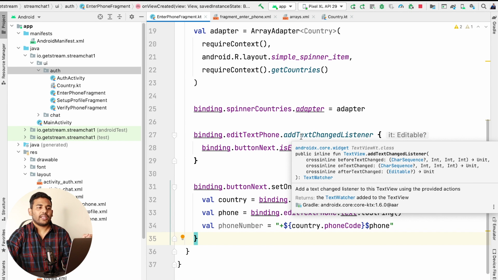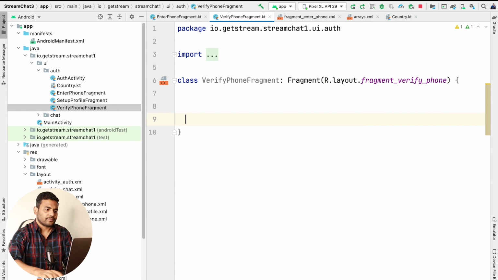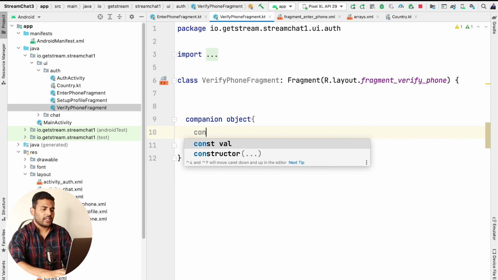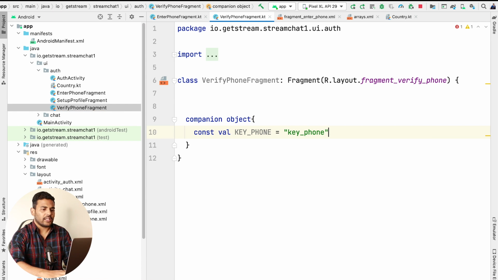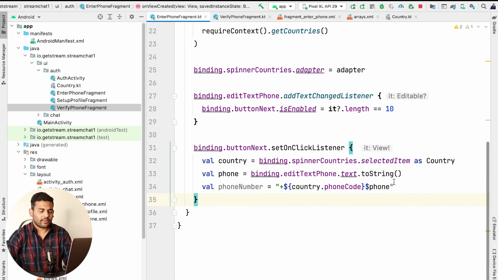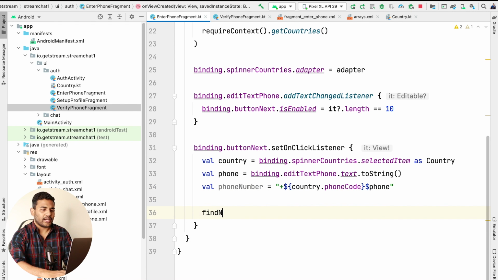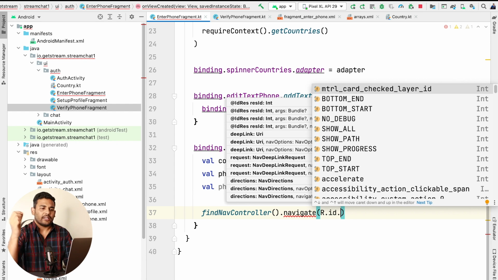So now we have the phone number, we can navigate the user to the next fragment, that is verify phone fragment. So what I'll do is I will define a companion object here for the key. I will write const val key phone equals, let's say key phone, and I will use this key phone to pass the entered phone number to that fragment. So we will simply write find nav controller dot navigate, and I will write R dot id dot the fragment where I want to navigate,